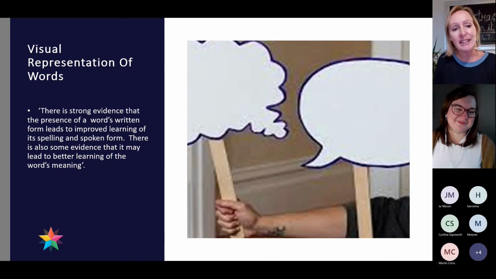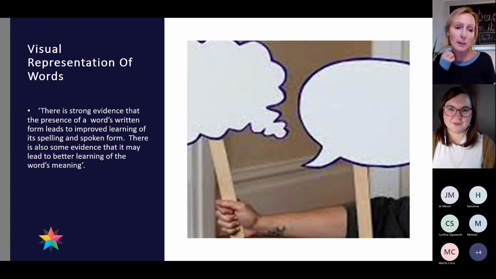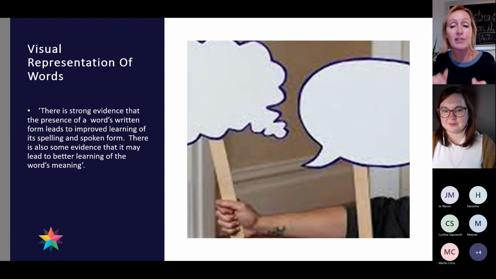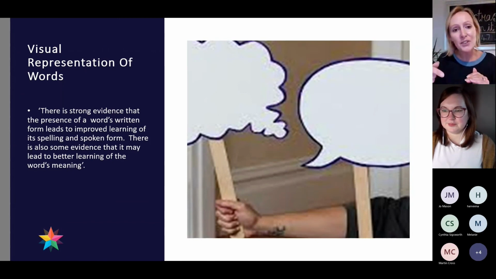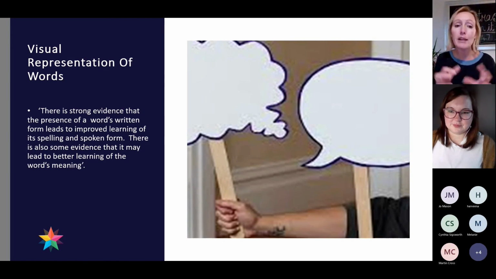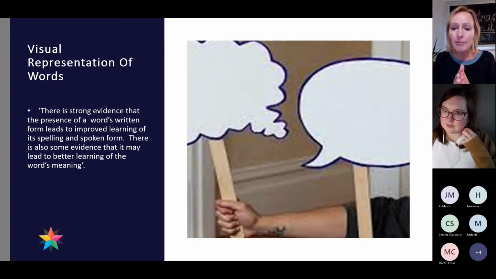So there's a lot of research, and I work quite a lot with Oxford University Press, and certainly the reports that they have published, there's some evidence from Dr. Jessie Ricketts in those research documents that if we can see a word at the same time as it's being spoken, it improves our spelling of that word, but it also improves the chance of it embedding. So whilst we're having discussions, whilst we're talking and capturing great language and great vocabulary, write it down, have it written somewhere.